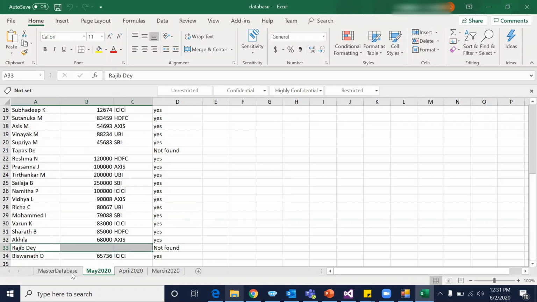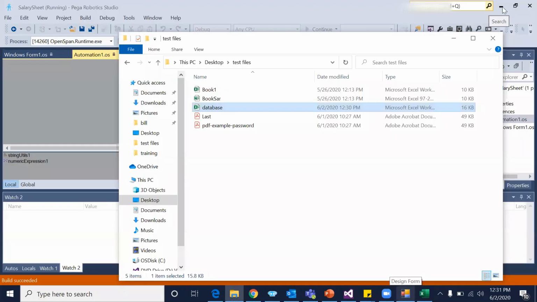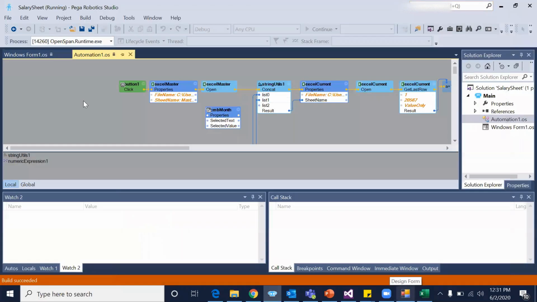Suppose one person has to do everything manually, taking the salary and bank details. Now it is 57 records, but suppose it is 50,000 records, then obviously he may commit some mistakes. That would not be there with RPA. So that is the biggest advantage of this. It's a simple solution, but with this you can at least understand what RPA does and whether it's effective or not.